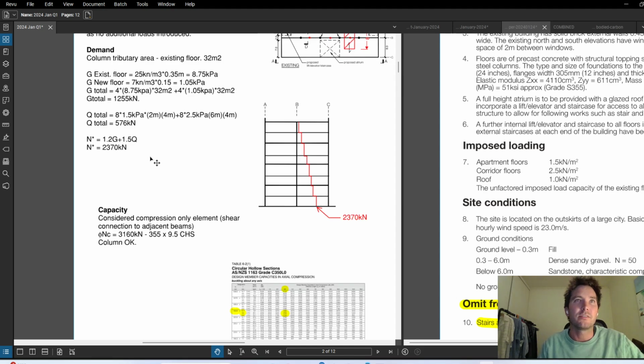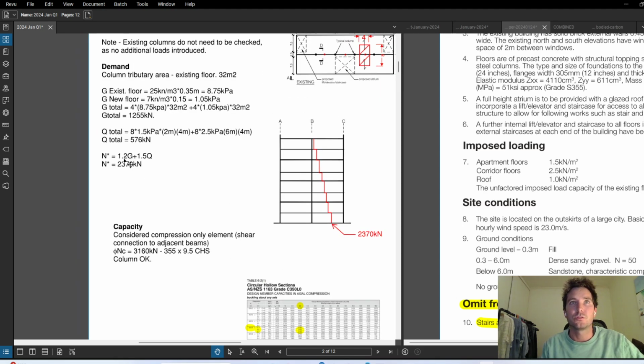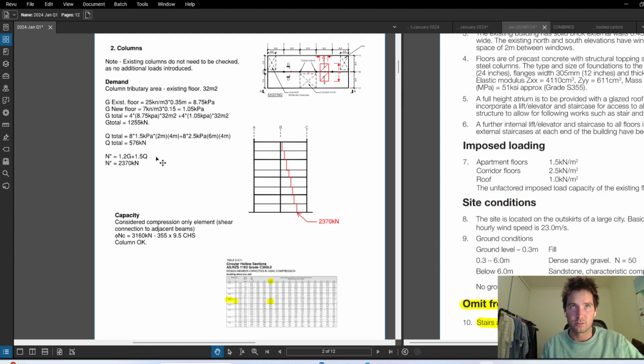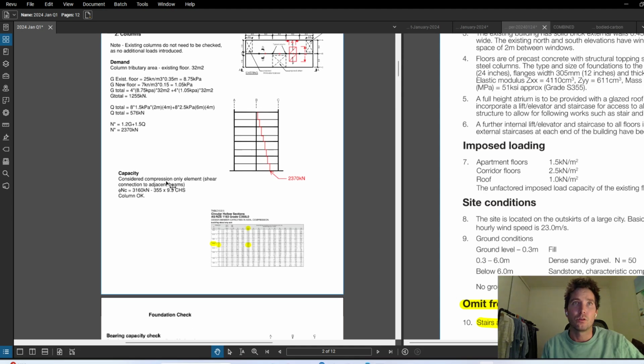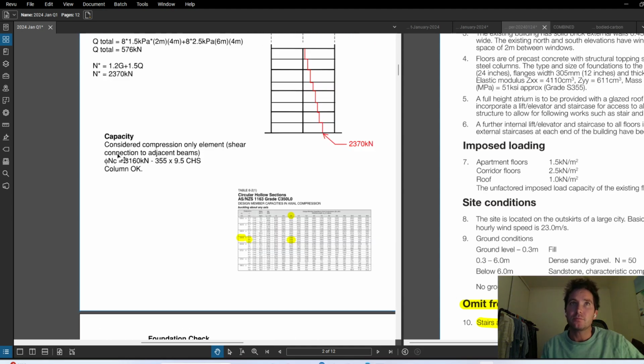What I don't have here that I should is the 1.2G plus 1.5Q. I should reference which standard I'm using, which is AS 1170.4. And then here, I've used a circular hollow section